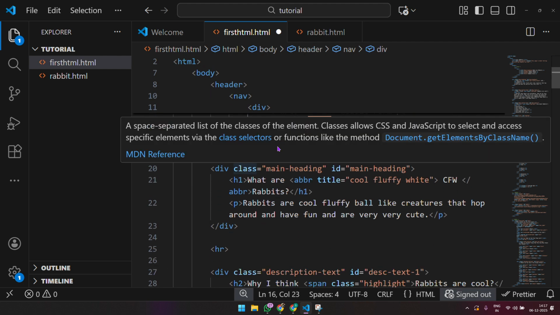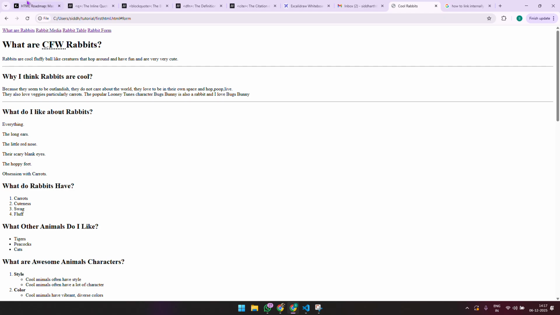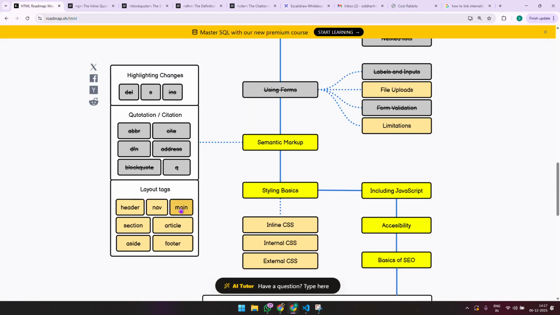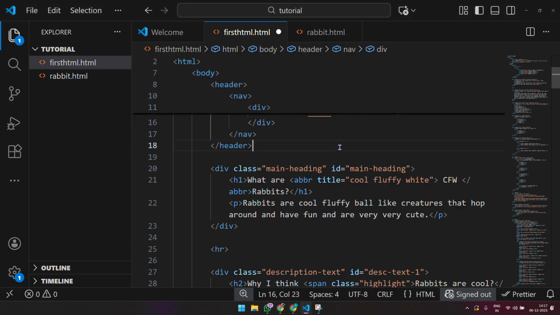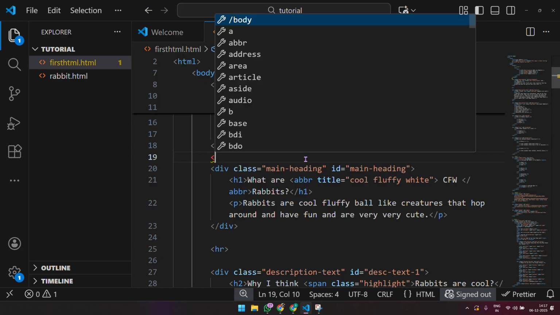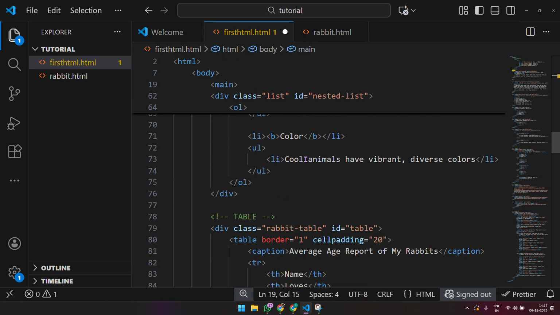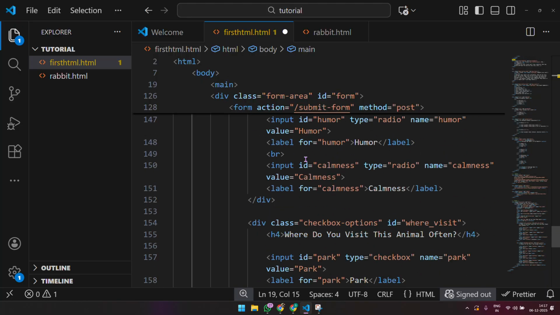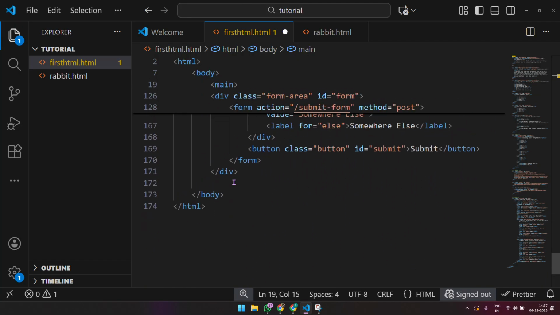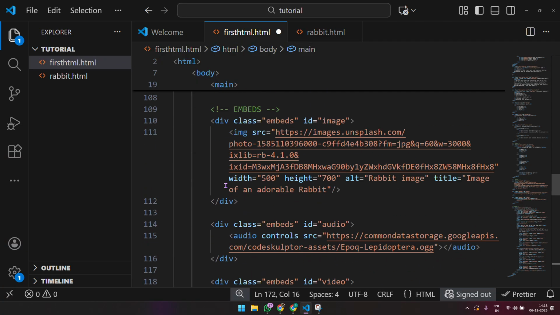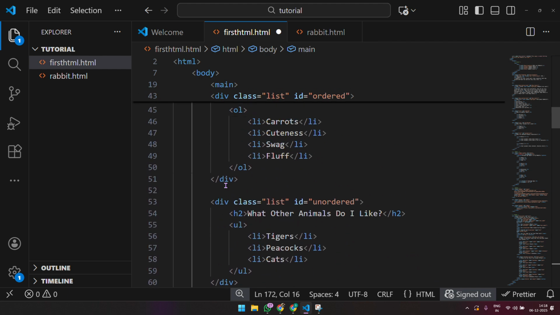So what are other layout tags like this? There's main, there's section, there's article, there's aside, there's footer. So we'll do this. Since after the header the main part of the body starts, we'll put a main tag here, and we will say that the main tag ends after the last content piece, which is right before here, slash main, right. So our main content includes everything,